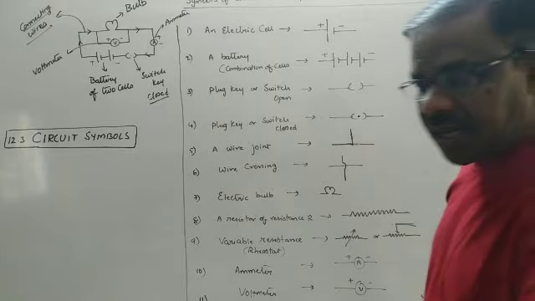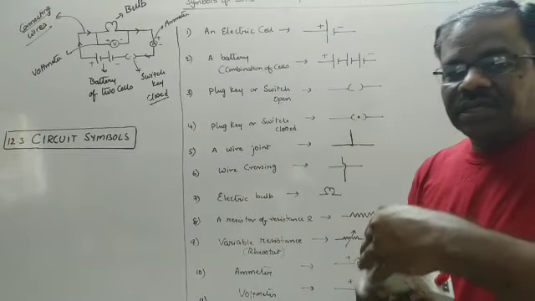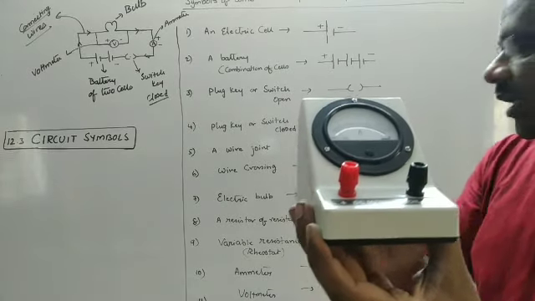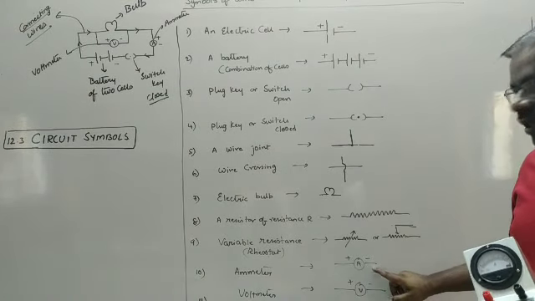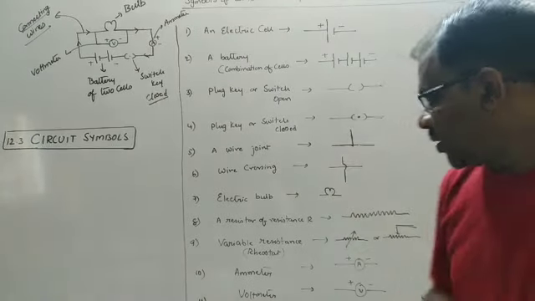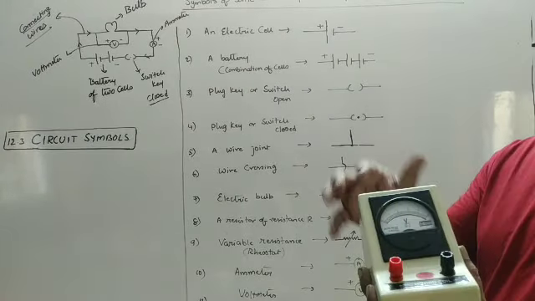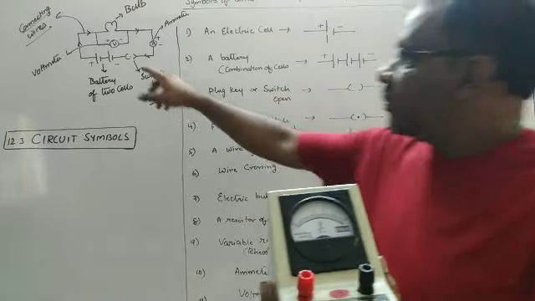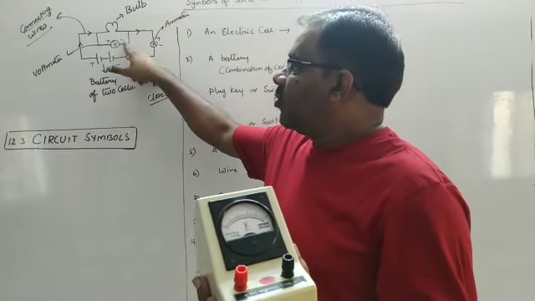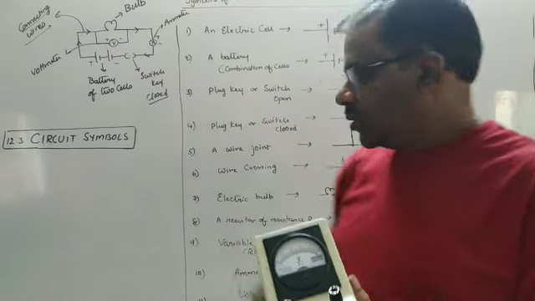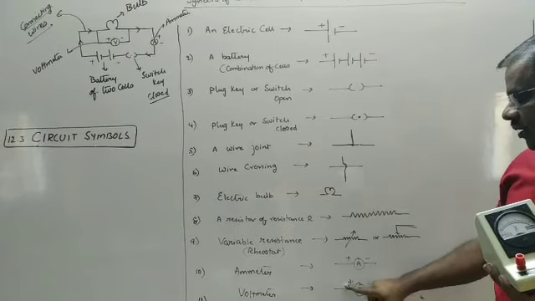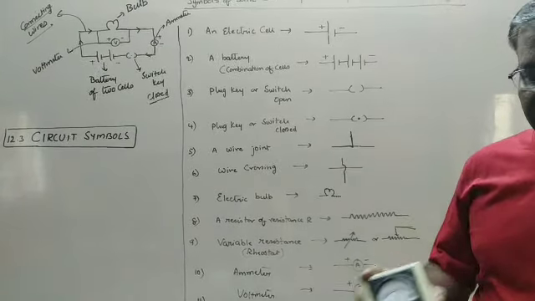Then we have ammeter. As I clearly shown, ammeter is an instrument which is used for measuring current. A typical ammeter looks like this, but in circuit symbols we represent ammeter like this. Okay, followed by voltmeter. Voltmeter is used to measure the potential difference across the ends. For example, I want to know what is the voltage taken by this bulb. I will connect the voltmeter in parallel to the circuit. So this voltmeter is represented with a V in between a circuit represented by positive and negative sign.